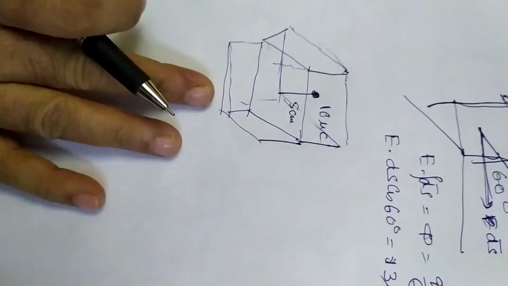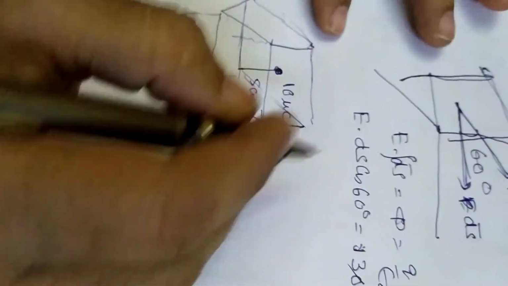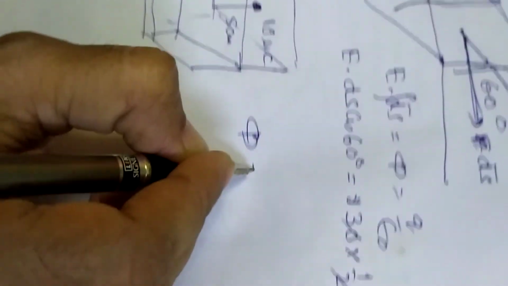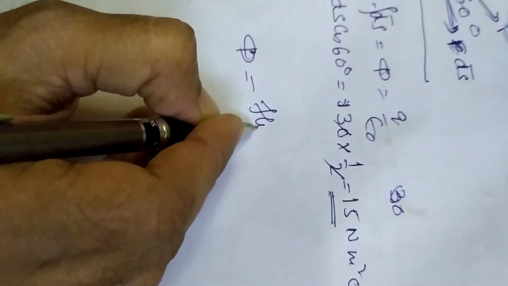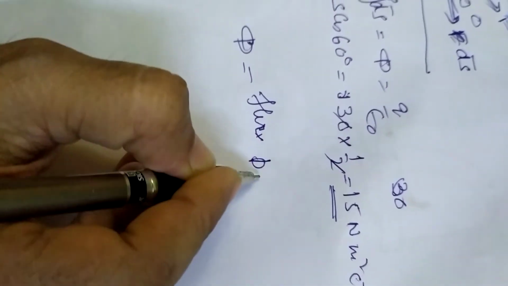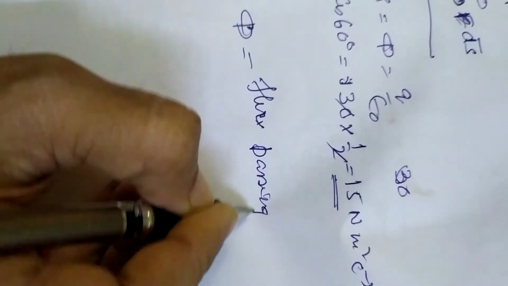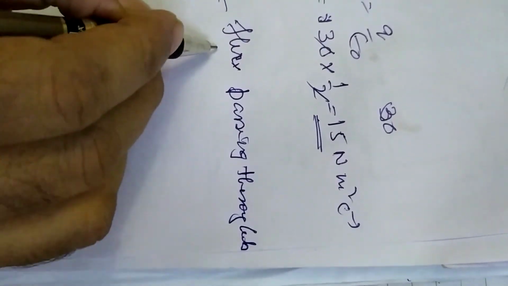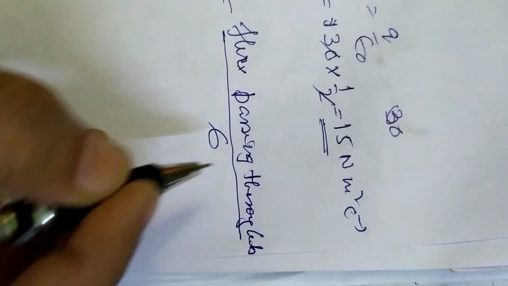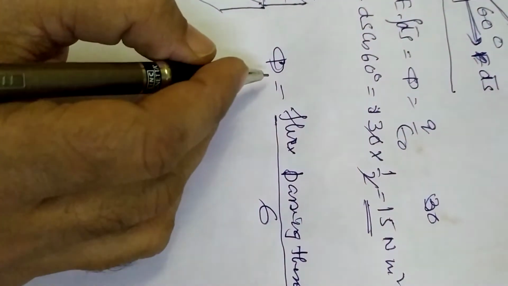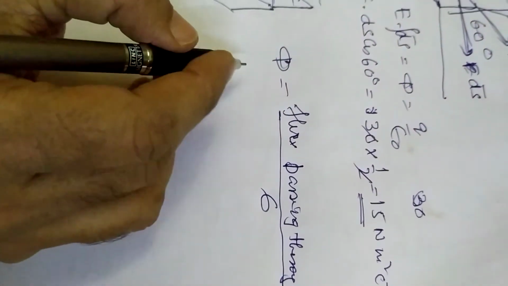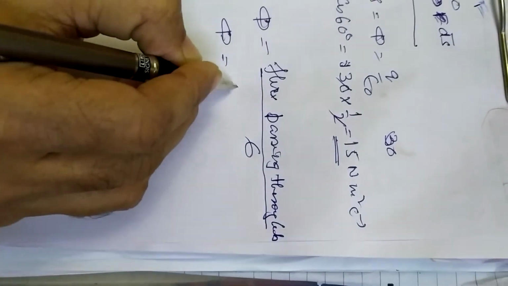So we'll be using this Gaussian surface now. What will be the value for this Gaussian surface? We take phi, the flux, equal to the flux passing through the cube. This will be divided by 6 parts. Here 1 2 3 4 5 6, there are 6 faces. So the total flux will be divided by 6, and we'll get the flux through each face. Phi is equal to q by epsilon.